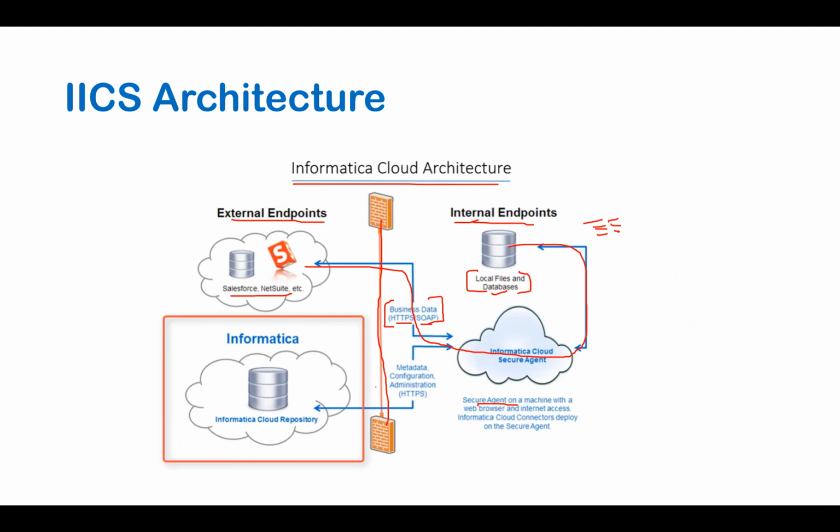So this is the firewall, and from this side is our external. Okay. Why? Because assume that the AWS or any other systems on the cloud, that is our external. Informatica Cloud repository is on the external. So this is our internal. On the right hand side, we are seeing the internal. Internal means this will be maintained by our on-premises organization, and the Informatica Cloud Secured Agent also will be